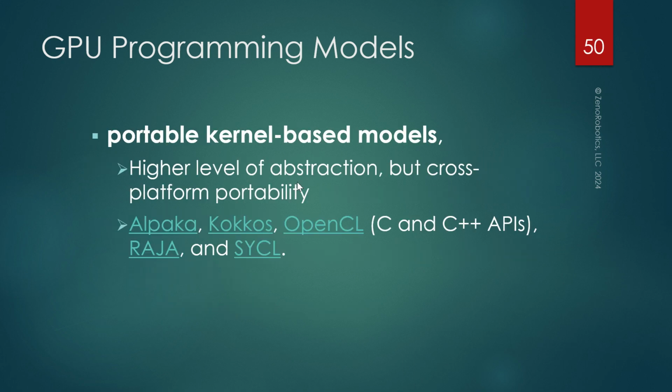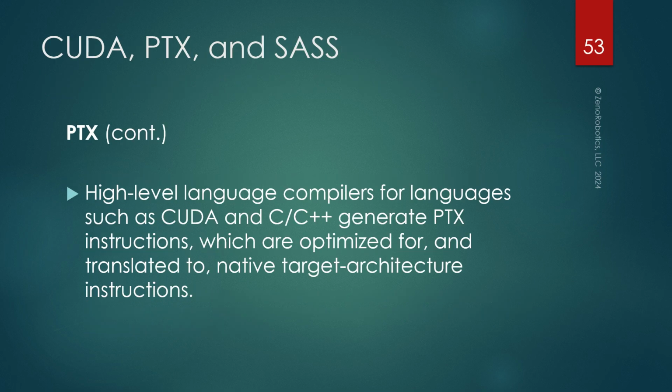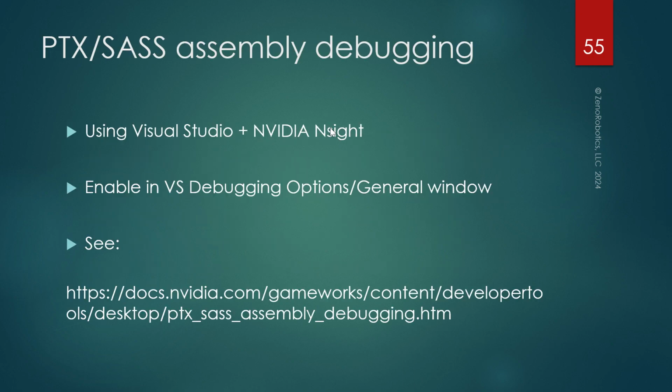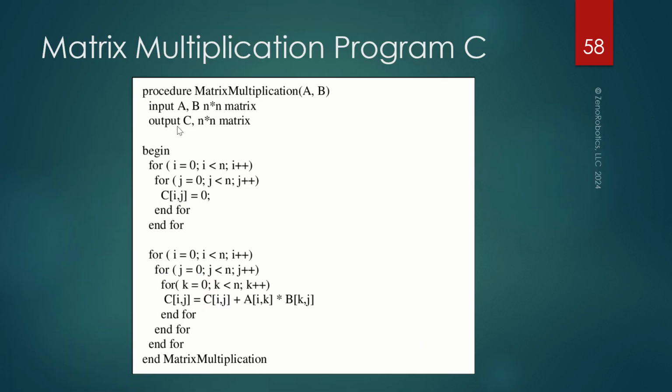So I'm not going to go into different types of programming models that are out there, nor the really low level, if you want to look at the real assembly language, whether it's the virtual part or the actual for that hardware. But you can go to that level if you wish, and this kind of shows you. So that's definitely assembly level. And so this is just a matrix multiplication problem. So you could see by looking at it, and if these matrices are very large,